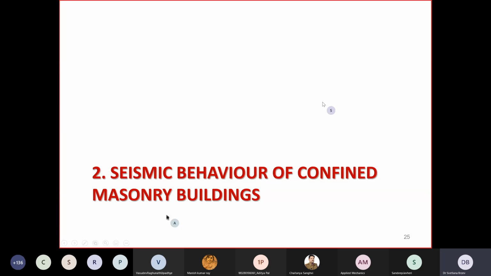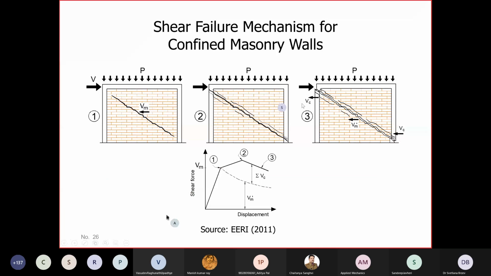Now, second is the very important question: how does confined masonry behave in earthquakes, or when subjected to earthquake loading? How does it behave and how does it fail? So if we have a confined masonry wall, which is subjected to, of course, gravity loading, and then some lateral loading, let's say induced by earthquakes,